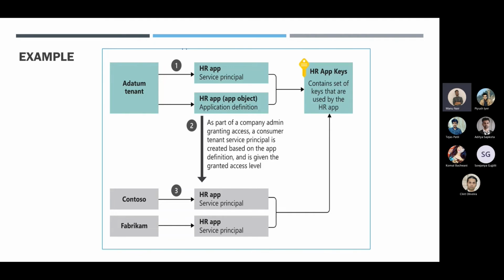So in that you have different permissions. Let's say specific permission for HR, specific permission for other departments, where you can see different users of different departments, etc. So you have these permissions attached with these applications. The next part is here when these two companies, Contoso and Fabrikam, they will have their personal administrator who will